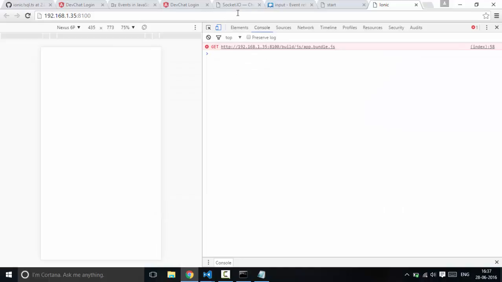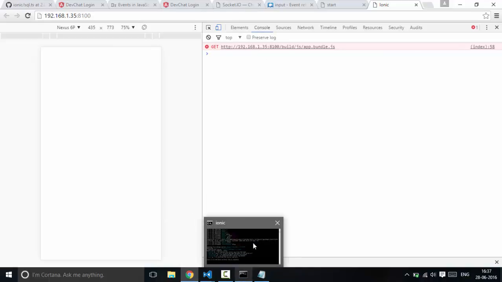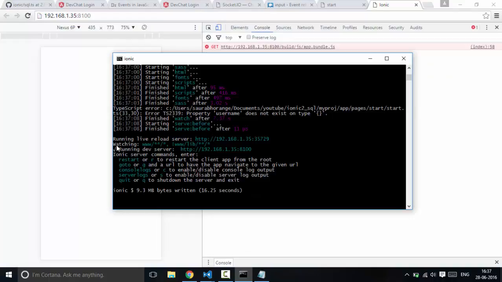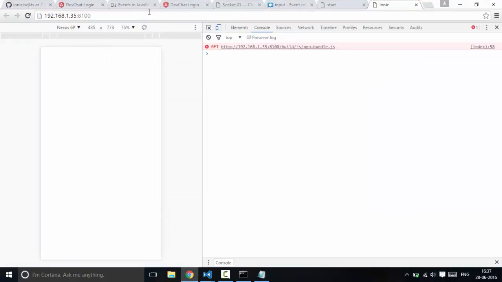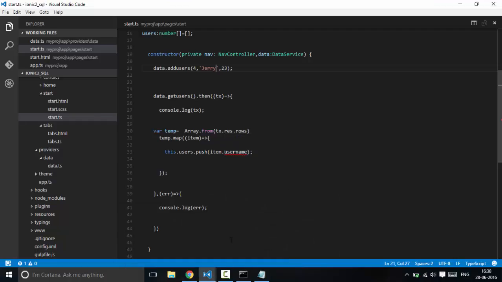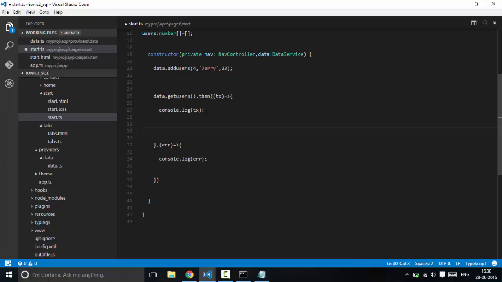I believe since I was using a new version, like I just started this project from scratch, and for my earlier project I was using an earlier version, they might have done something different, so that's why it's not loading. So what I'll do is just remove this statement, and we can just print tx dot rows result dot